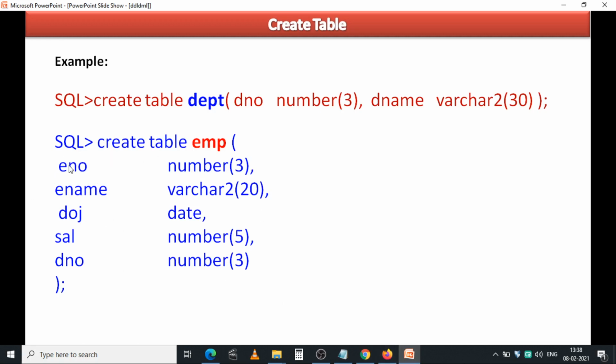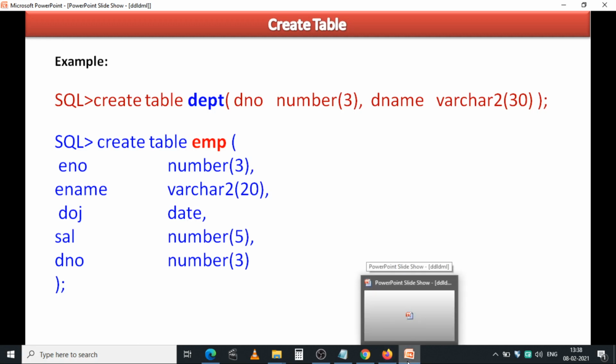Just see this example. For E number, salary and department number, we are using the number data type, and for E name we are using the varchar2 data type, and for date of joining we are using the date data type, because we want to store dates. Okay, let's see the running environment, how we are practically implementing these queries, these tables.